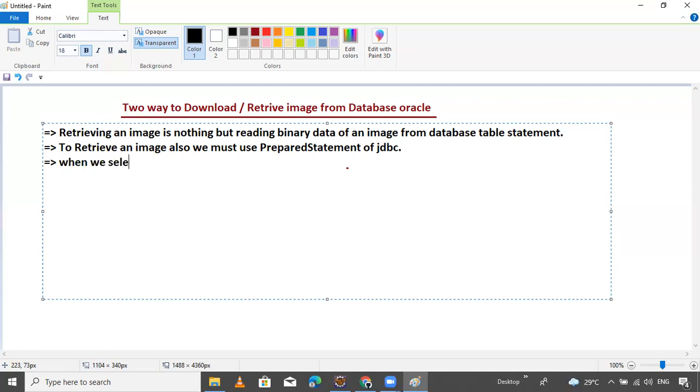Next point: when we select or access an image, it means the binary data result will be stored in a result set object.